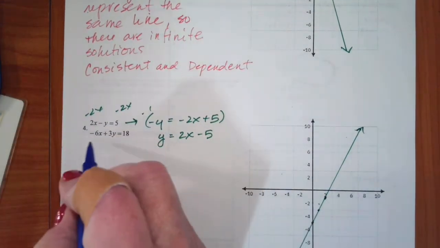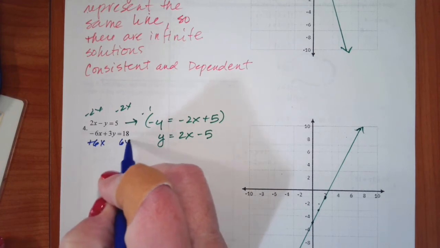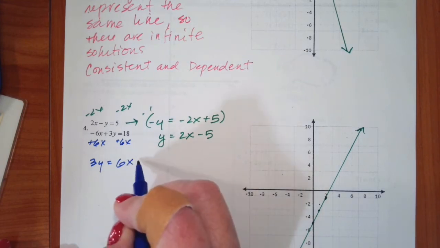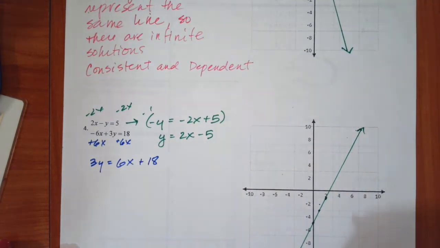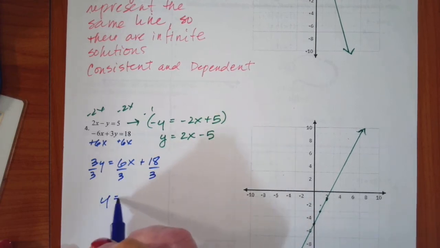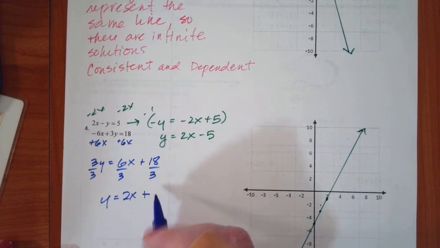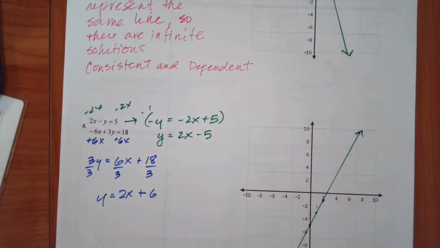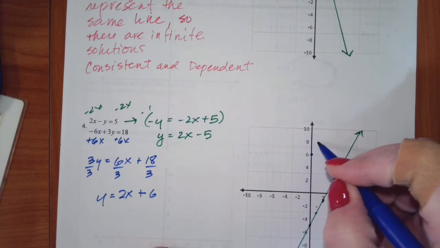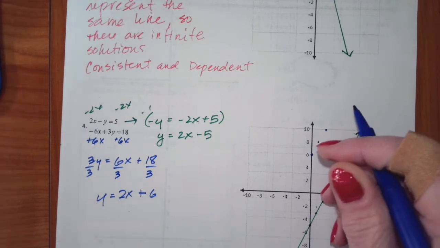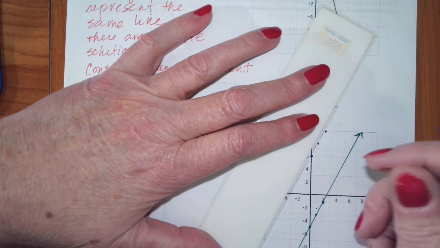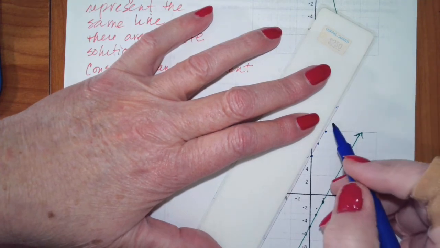For my second equation, the first thing I'm going to do is add 6x to both sides. So I get 3y is equal to 6x plus 18. When I divide everything by 3, I get y equals 2x plus 6. So 6, up 2 over 1, up 2 over 1. And when I graph my lines, I can see, if I've graphed this fairly accurately,